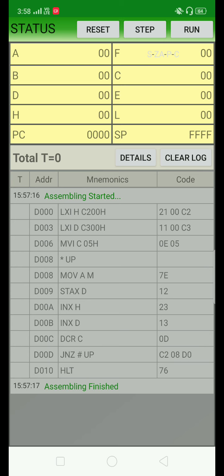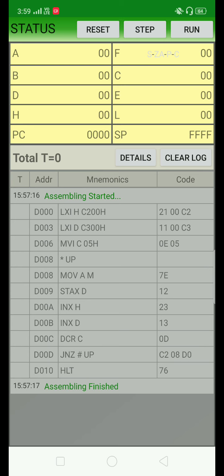So in front of the JNZ instruction, just check the code column: C2, then 08 and D0. Always remember, during the execution of a 3-byte instruction, the processor always assumes the lower byte first.